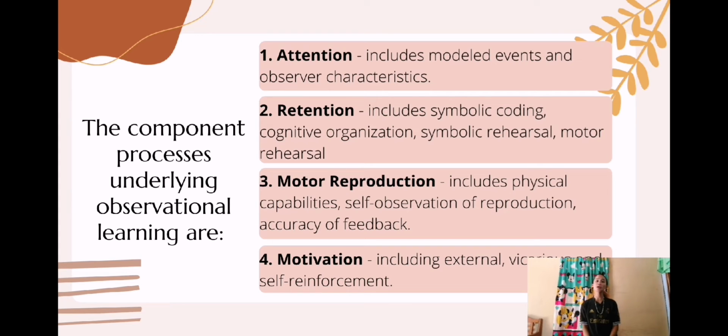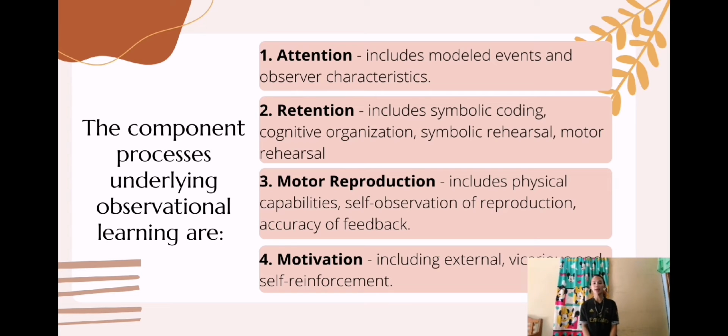This is the reason why these four components of the process are connected to each other. Like in my example, kinder have the attention to the teacher or the model because there is something that they wanted to do, and if students already have attention to the model or the teacher, they may start imitating or retaining. That is why in the second component, there is retention because it includes symbolic components and cognitive rehearsal and motor rehearsal. They start to act or rehearse and retain